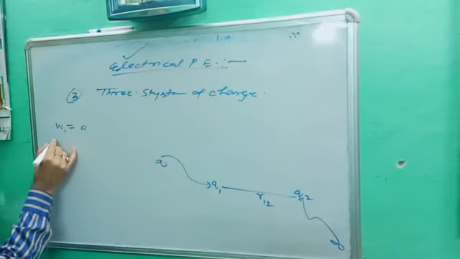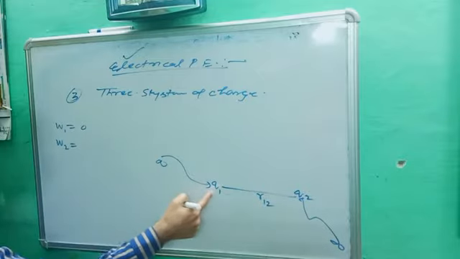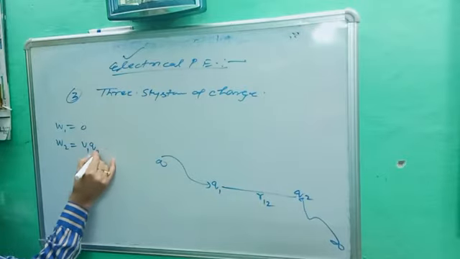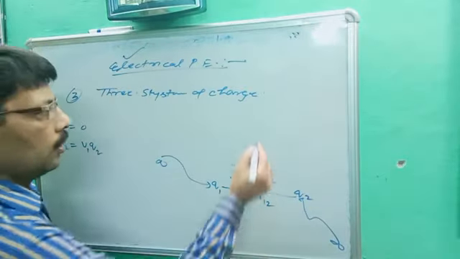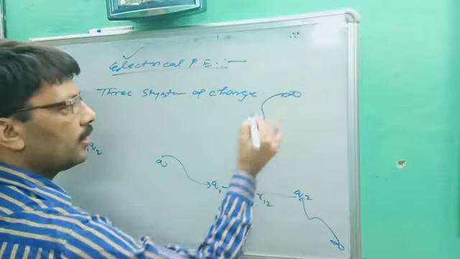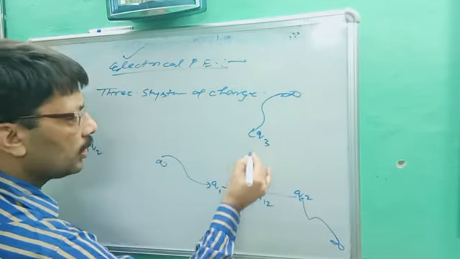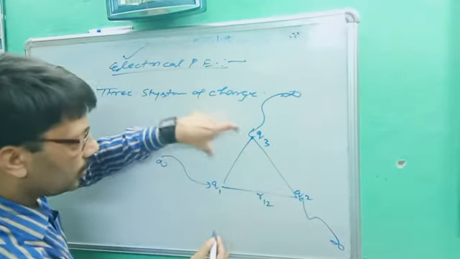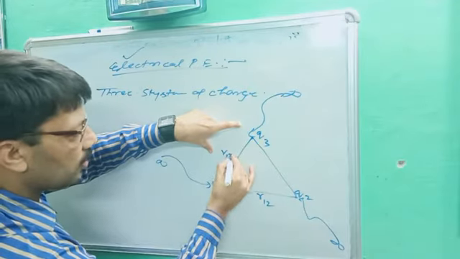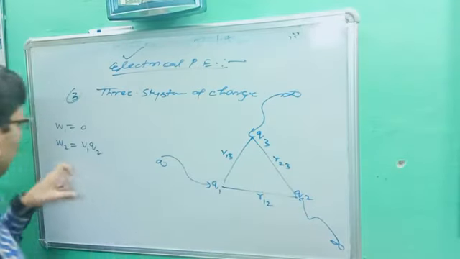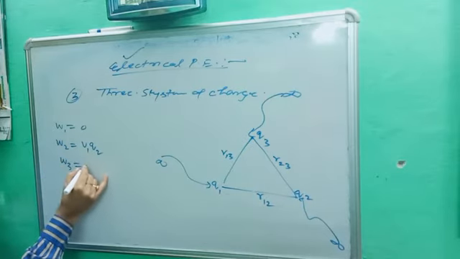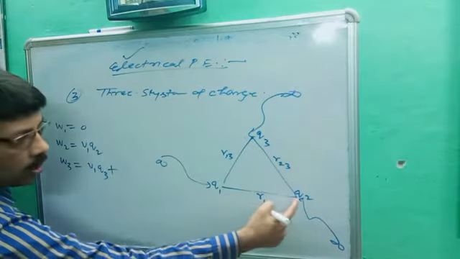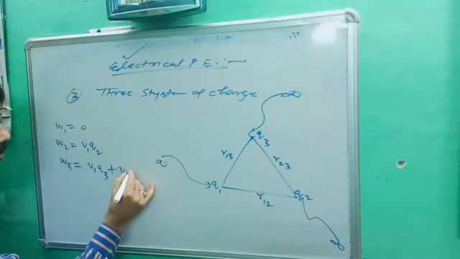Note down the formula. W2 is equal to V, Q1 is already present, it will provide the potential for Q2, so it will be V1 into Q2. Now we bring another charge from infinite, and that charge is Q3, and we are trying to assemble them, as you wrote in the definition. Let's suppose this distance is R13 and this is R23. So what is W3? W3 is V1 into Q3 plus V2, Q2 already present, V2 into Q3.